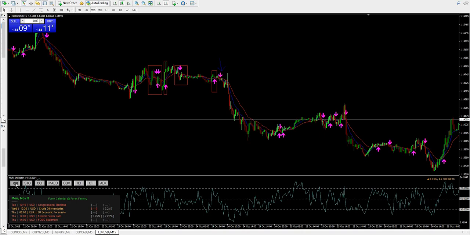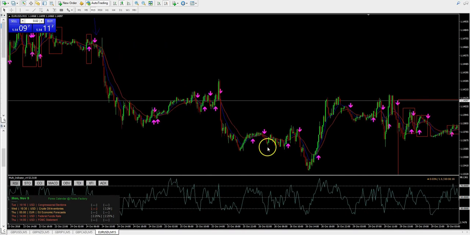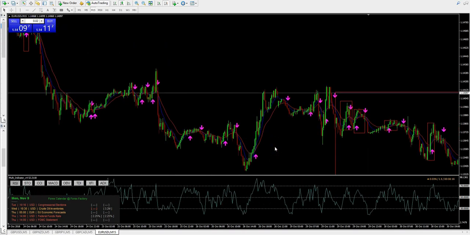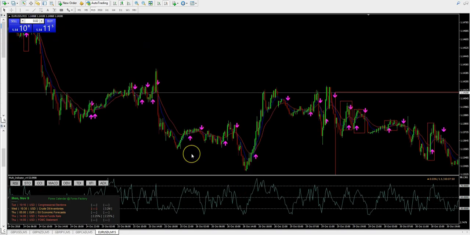I didn't cherry pick this chart before I made this video. Euro dollar is the most popular currency there is. That's the chart I put it on. And again, we can see tons of times when you're going to lose money compared to when you're going to win money or win the trade. And that's just off of the obvious stuff. And again, when you start talking about stop losses and where you're going to put your take profit, and what your money management strategy is, some of these wins that I'm giving credit as small wins would probably be losses